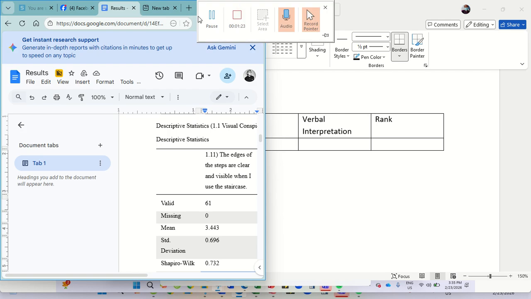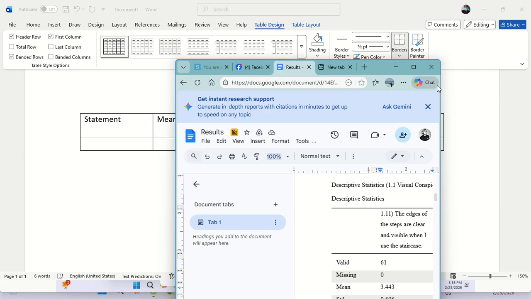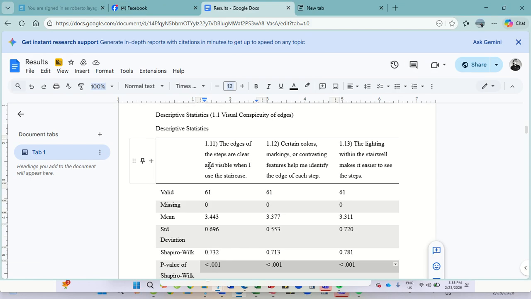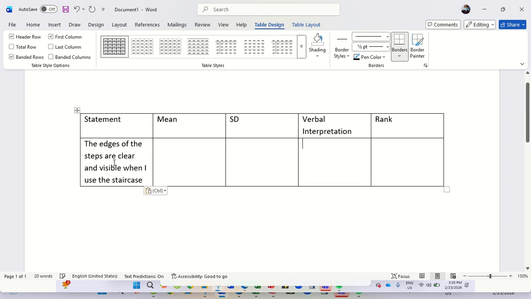So in the initial result that we do have here, let me maximize this one for a while. So hoping that you have this statement. I don't usually put the numbers. So that's the statement, another statement.